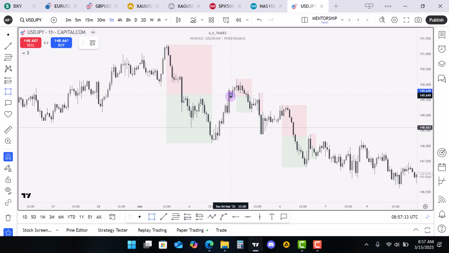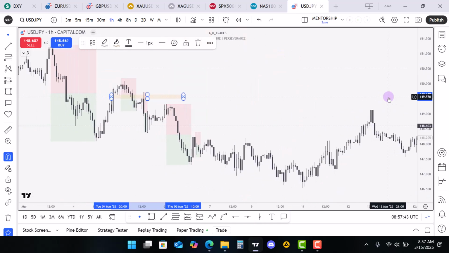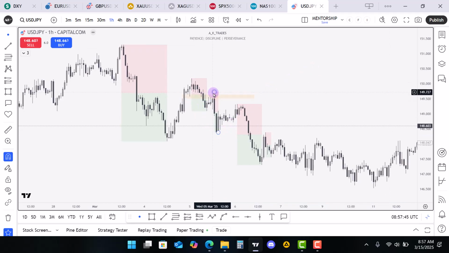That is our inversion fair value gap. There was an inversion fair value gap here that price came back to respect in order to go low. So, like I said, there can be dealing ranges residing within the main dealing range. As you can see, this is the current dealing range that we are in, but you can see other forms of dealing ranges forming within the actual dealing range.